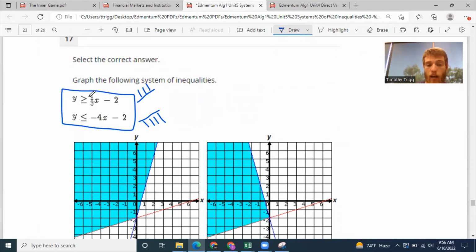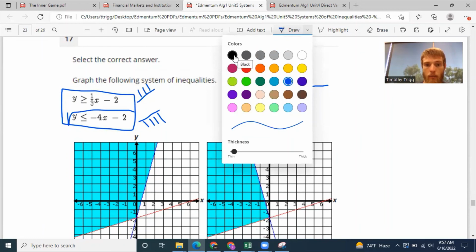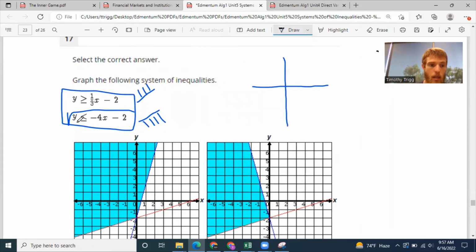Now let's go ahead and I'll help you graph one of these. I'm going to actually help you with graphing this bottom one here. So for this one, what would that look like? I'm going to give you a rough sketch here. Well, it would have a y-intercept of -2. So the b in this case is -2. And the slope is